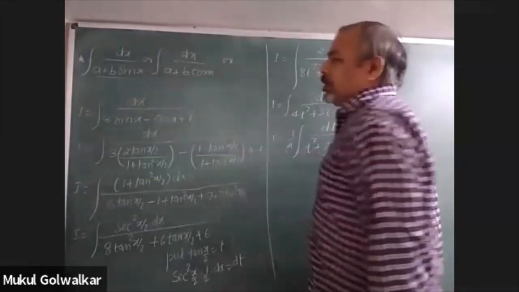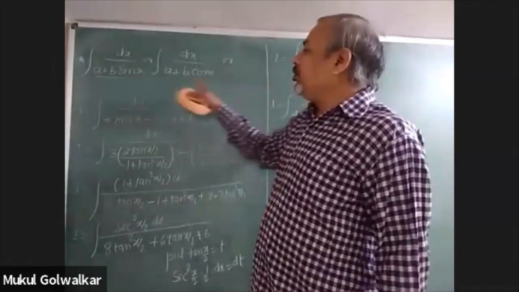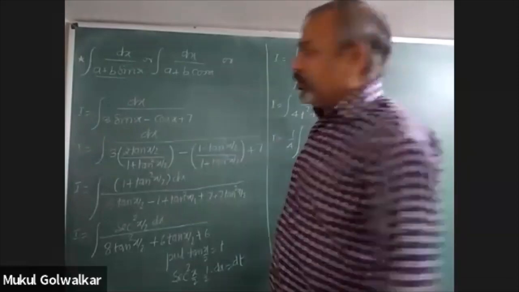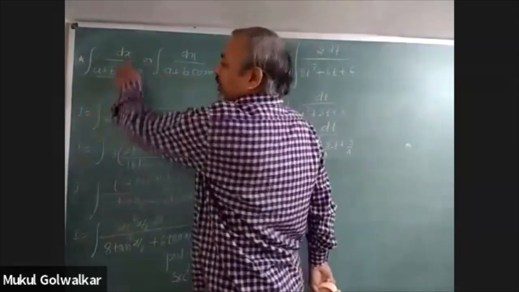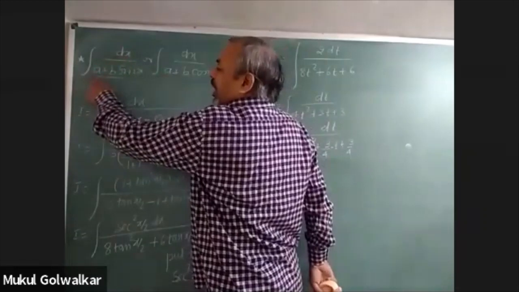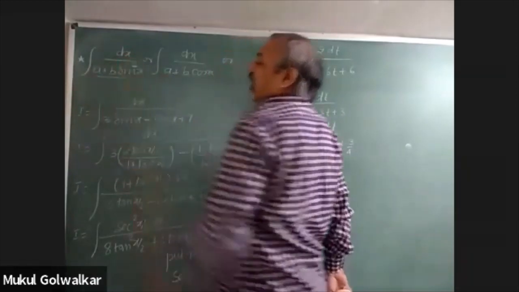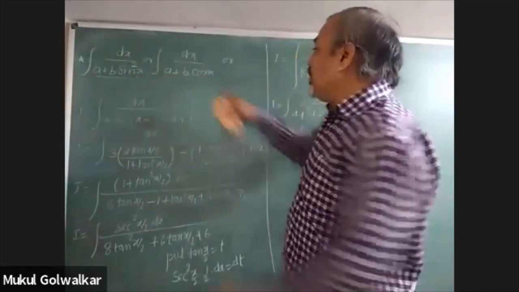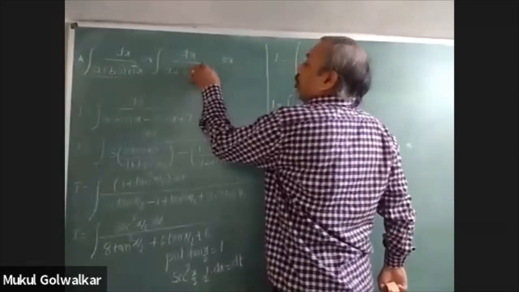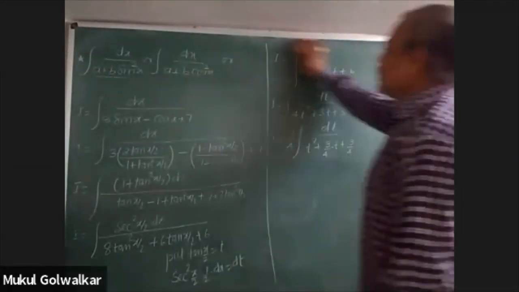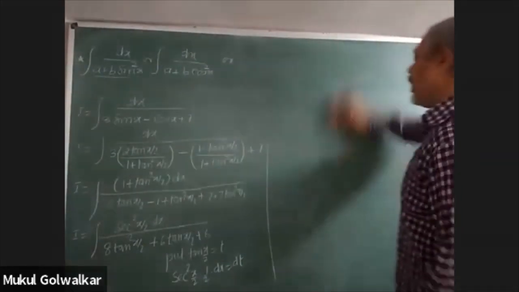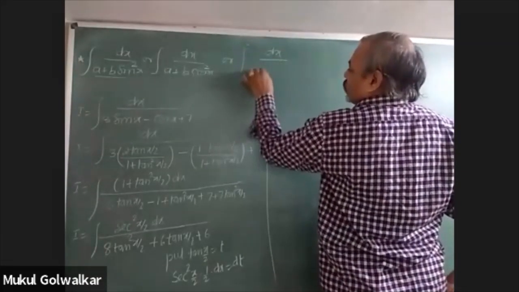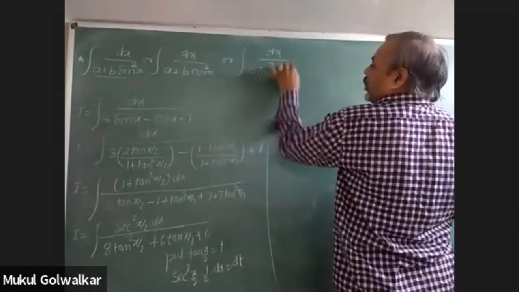Okay. See that immediately after this variety of questions, I have written the next variety, again containing trigonometric functions only. So here I am slightly modifying that. Can you please see dx upon a plus b sine square x. Okay, next variety is dx upon a plus b sine square x, or else it was dx upon a plus b cos square x, or else let me write the second variety of the problem. dx divided by a sine square x plus b cos square x,